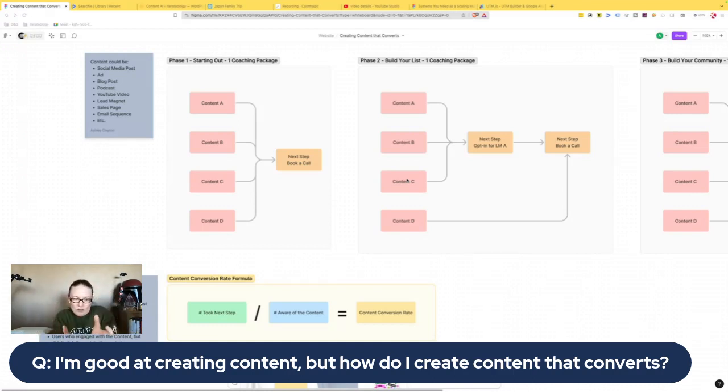Treat it like its own little encapsulated ecosystem, that this could be the one thing that they see and nothing else. And you want to make it easy for them to become a lead or to book a call with you directly just from that content. They don't have to go through a fancy funnel or any of this other stuff. There's multiple paths, but they're all leading to that same destination.